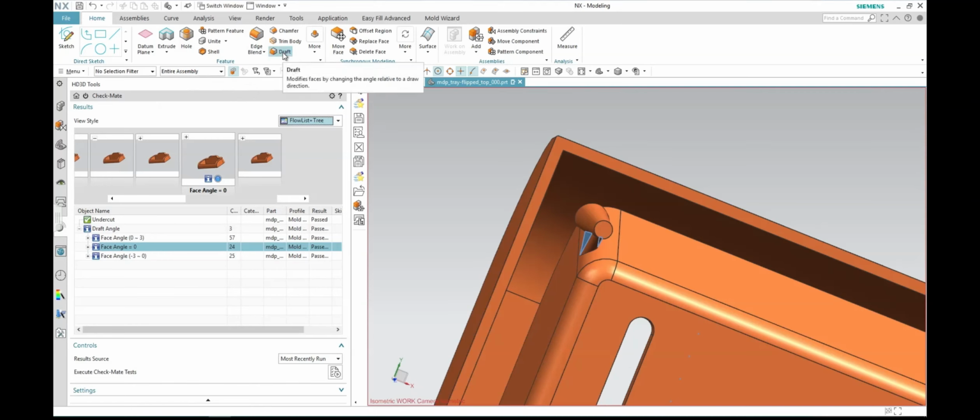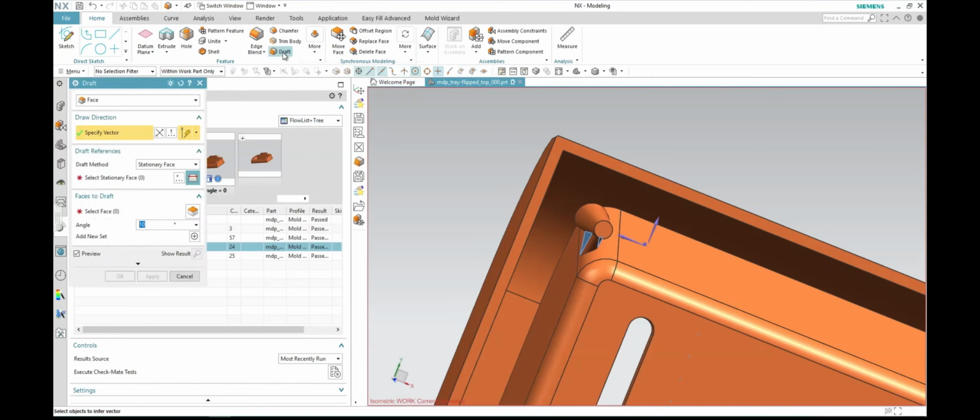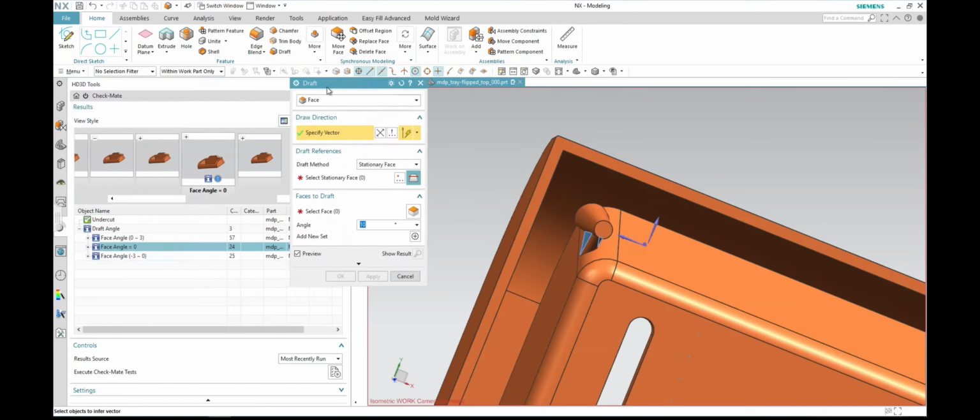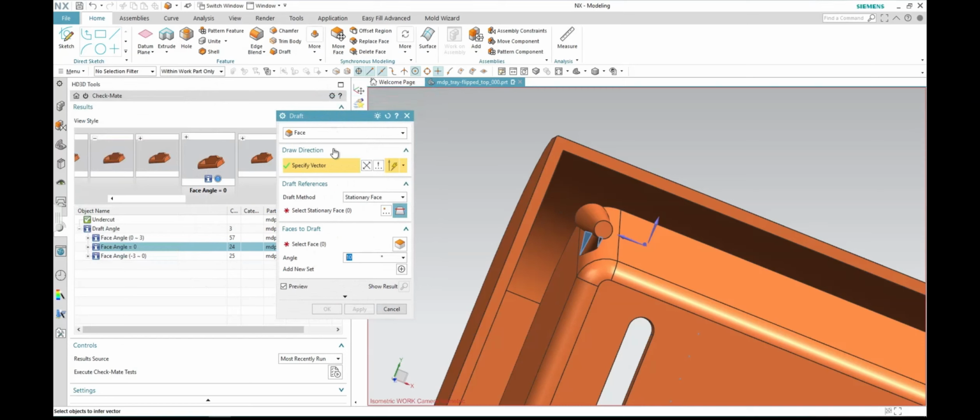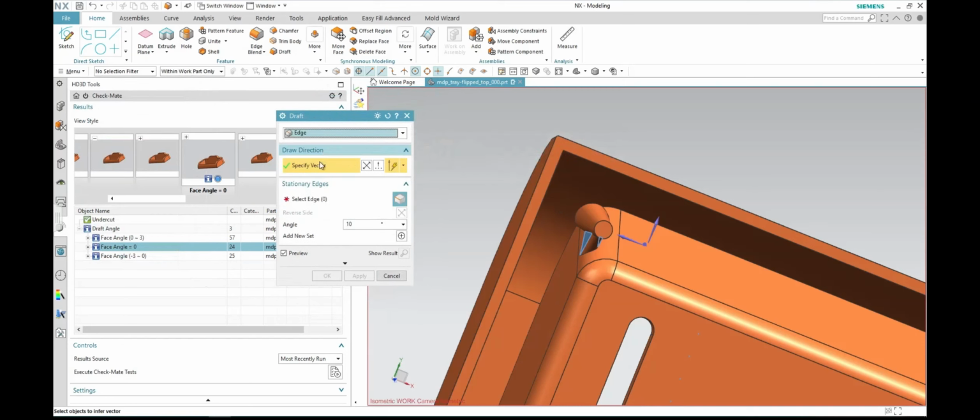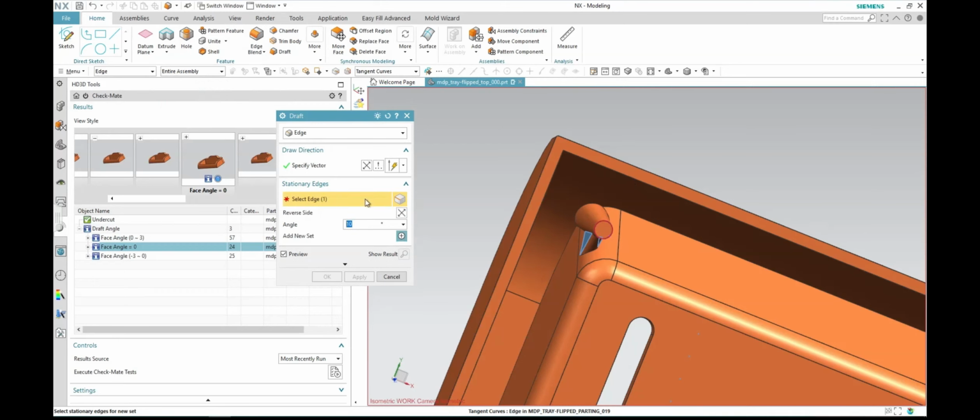I will click onto the draft, and within the draft, I'm gonna apply a draft on the edge, adjust the edge. So we'll click on the edge, and I don't need to worry about the vector yet. I will just select the area. I'm gonna keep it stationary, and for that I will select the edge that I have in here. So I'm gonna take the entire assembly, select the edge,